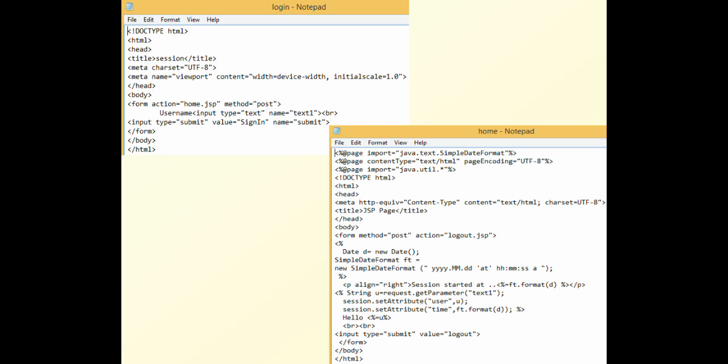The second example: again we are creating an HTML page, in which we are using a text box with the name text1 and a submit button named sign in. And through this HTML page we are going to a JSP page in which we are capturing the name from the text box, and with this name we have created the session or timing of the user when he is entering the JSP page.